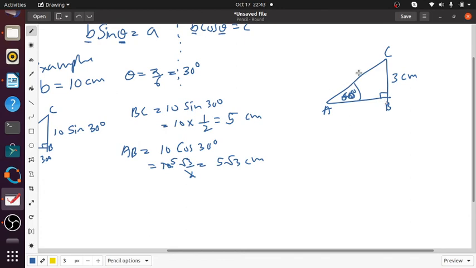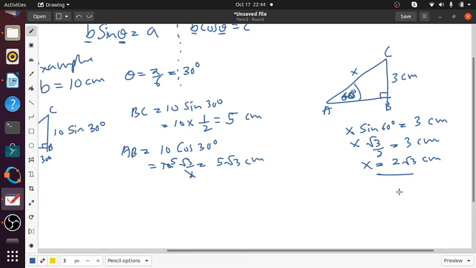First of all, I'm going to label AC as X, because it's going to be easy for me to calculate that. So X sine 60. We're going to start with what we already know. Since the opposite side is given, I'm going to calculate X by using this relationship. X sine 60 is equal to 3 centimeters. What is sine 60 here? Sine 60 is root 3 by 2, so X times root 3 by 2 is equal to 3 centimeters. So finally X is 2 root 3 centimeters.